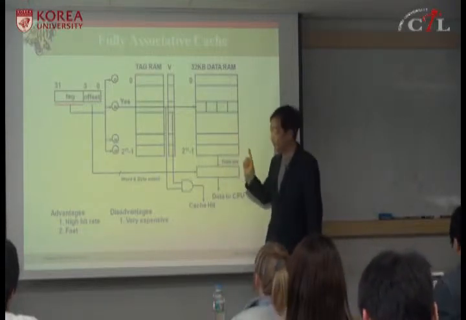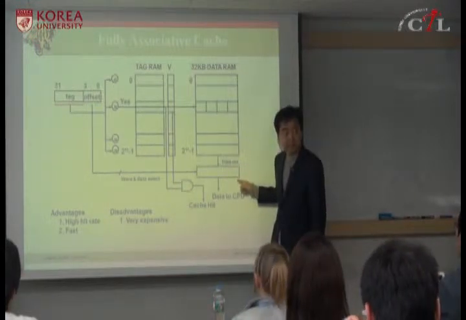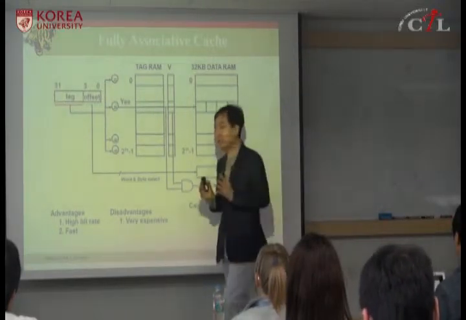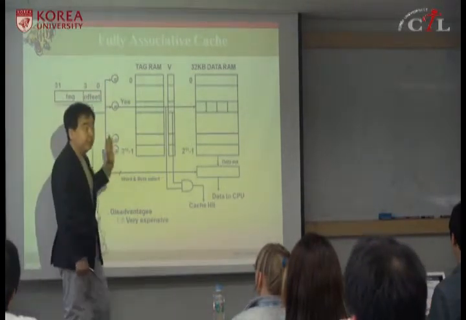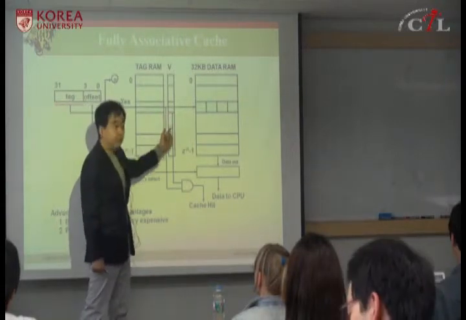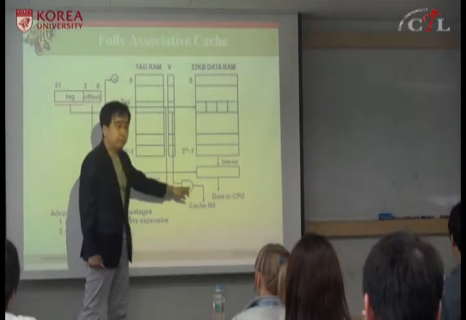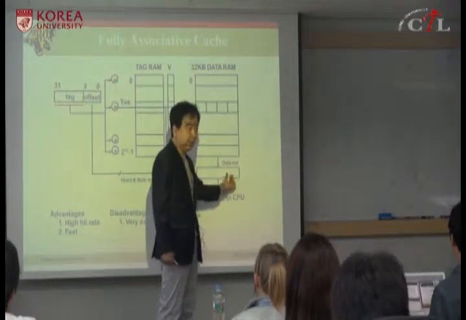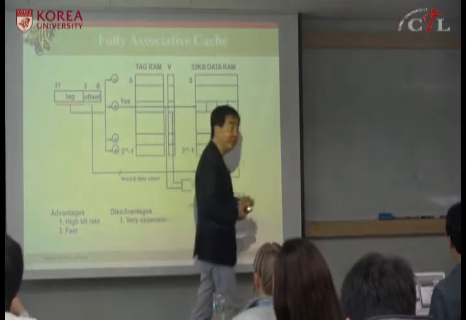Okay, so the offset determines which byte I'm looking for, the starting byte. And the upper 28 bits are the tag. So to determine cache hit or miss, you extract the 28-bit tag and compare them simultaneously, in parallel, in a single compare time, and then you check the valid value. If it's valid and any one of them is equal, then you have a cache hit. And then you fetch the block, extract the instruction or data, and send it to the pipeline. This is called fully associative cache.